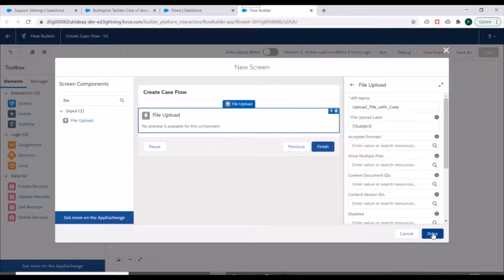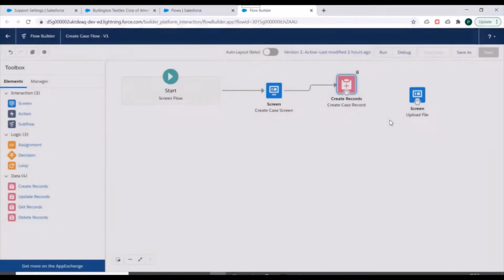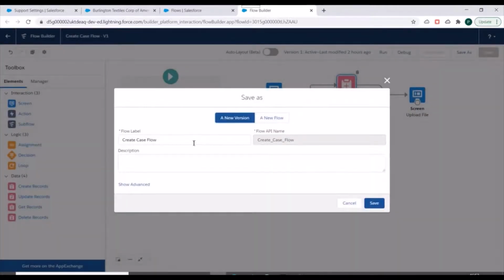So we'll specify upload file as the label here, and click on done. And we'll connect this to the next element, save this and create a new version for this.